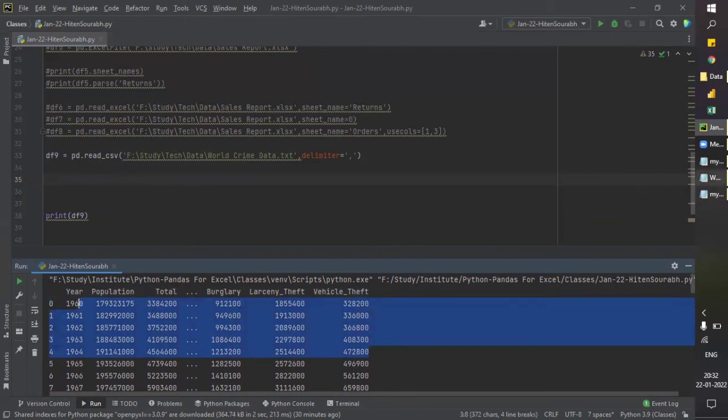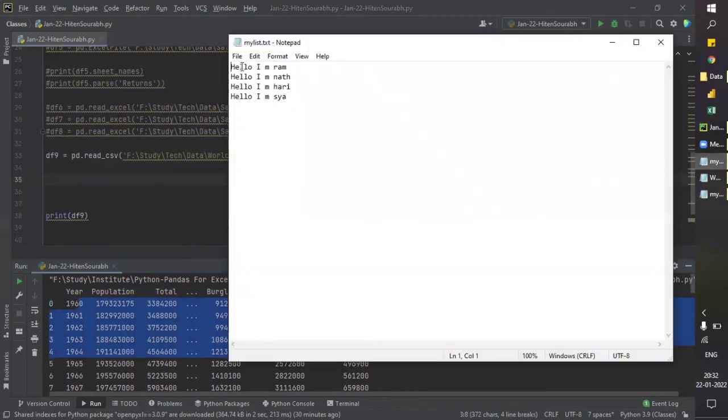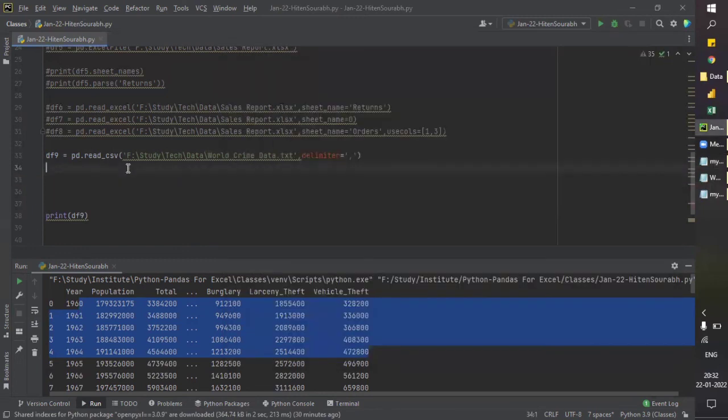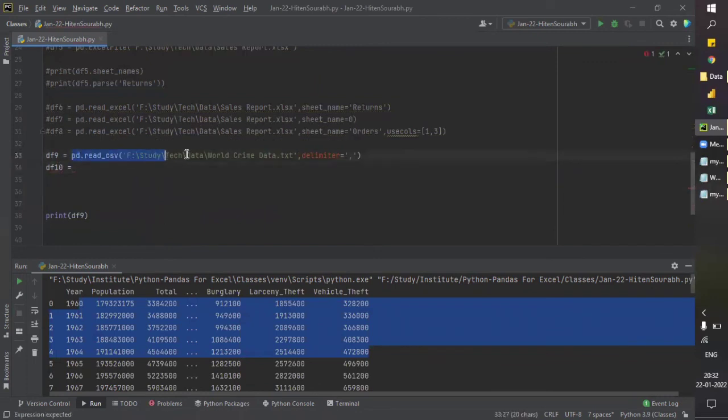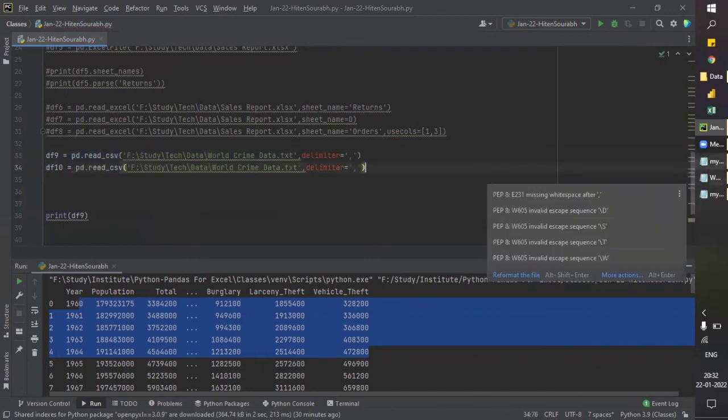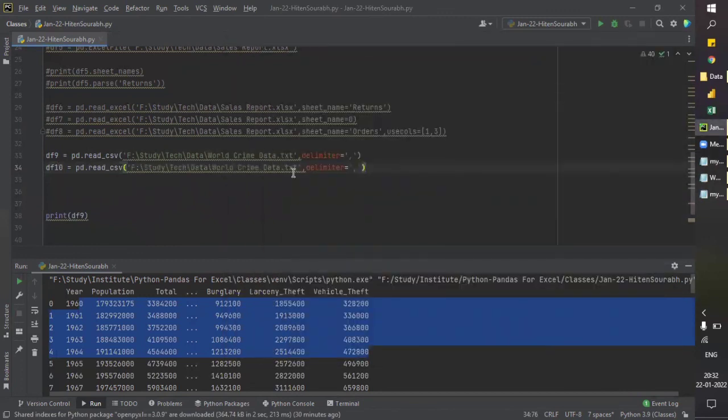We have another file which has a space in it. That is hello, then space, then I, then space, am, space. So how can we load this? Here the delimiter is space. So let's read this as well. df10 equals to, let's pick this entire thing. Read this, it's my list.